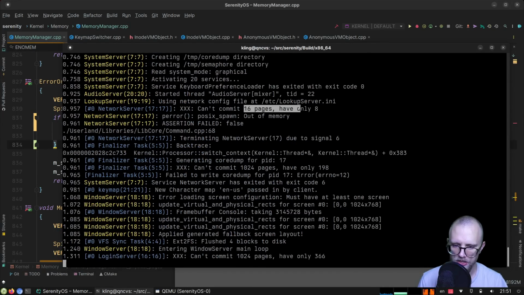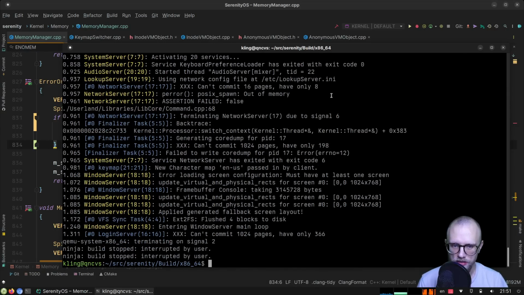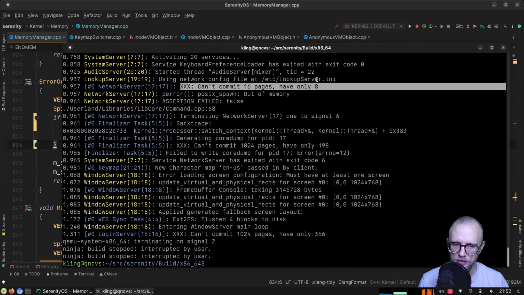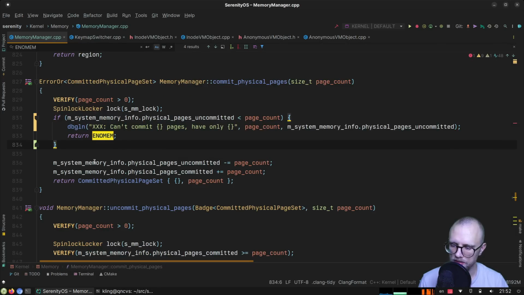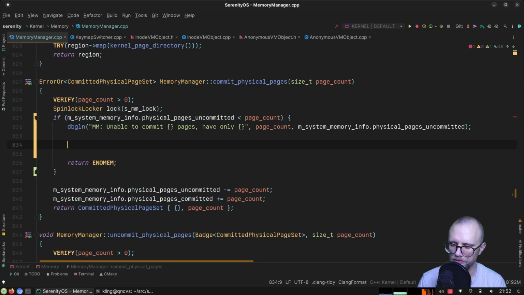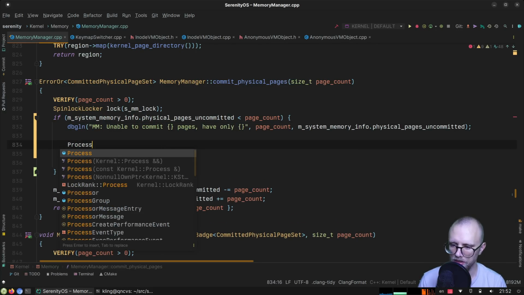Can't commit 16 pages, have only 8. Ooh. That is not enough. Okay, so we are scraping the bottom of the barrel for memory pages here, and it's not working out. So what if, here, where it says unable to commit pages, have only, what if we did ourselves a little bit of a